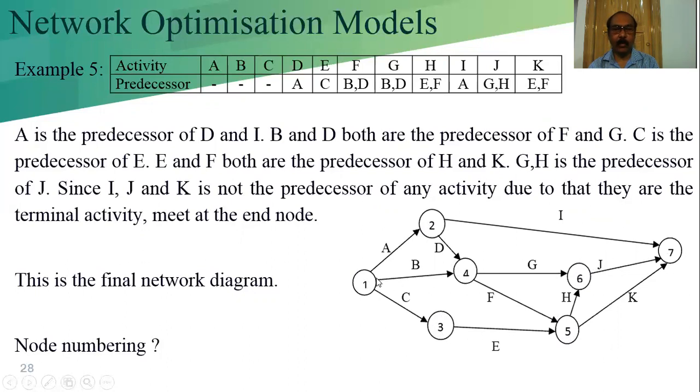An arrow should always go from left to right, and we should not draw a vertical line. If there is a vertical line anywhere, it should be slightly left to right. If it is from this to this, it should lean a little left to right. If we need this connection, this should not be done. This should be shifted here and we have to connect it with this.